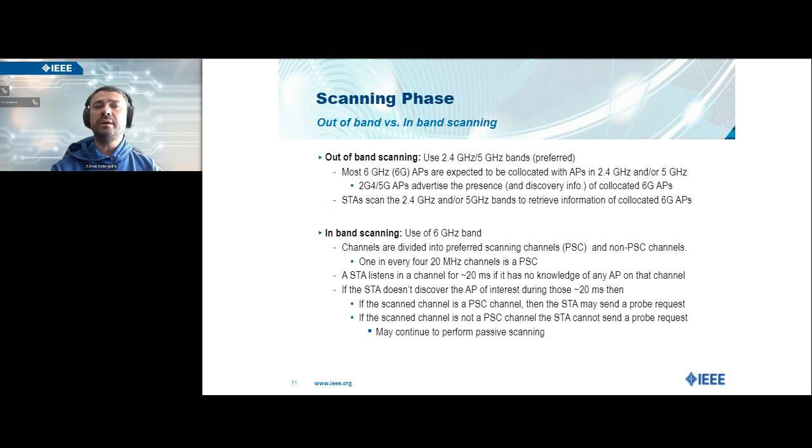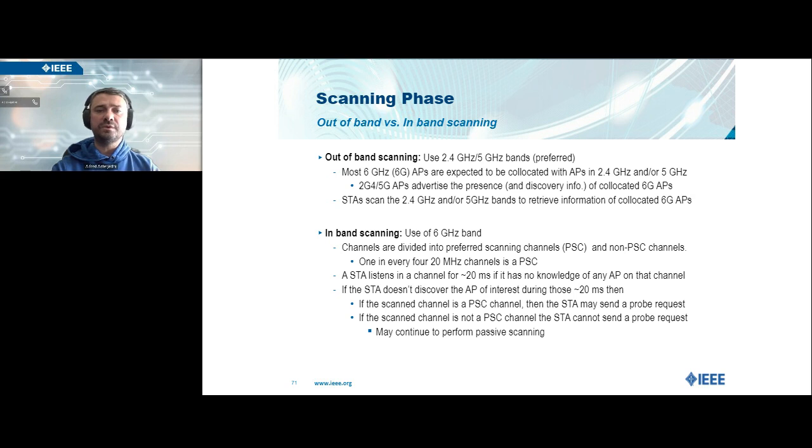And this is achieved by requiring APs that are operating in the 2.4 gigahertz and 5 gigahertz and that are co-located with 6 gigahertz APs to advertise the presence of their co-located 6 gigahertz APs. So there is a certainty that the station can obtain this information in the 2.4 and 5 gigahertz. Then the alternative is the in-band scanning, where you go and scan all these 6 gigahertz channels. However, here, to minimize the